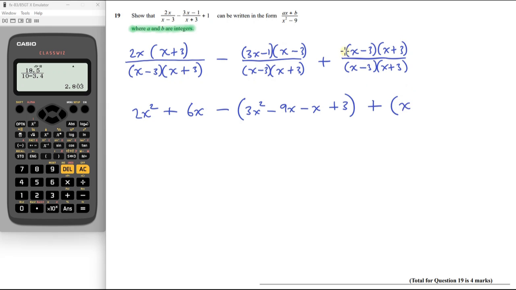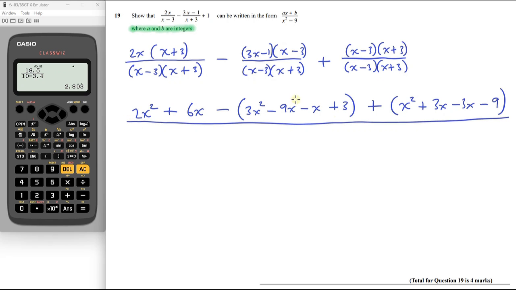So we're going to have x times x, which is x squared. X times 3 is plus 3x. Negative 3 times x is negative 3x. And I can see that these will cancel, but I'm just doing every step. And then negative 9. Negative 3 times 3 is negative 9. Okay, and then we're going to put all of that over our denominator, which is x minus 3 times x